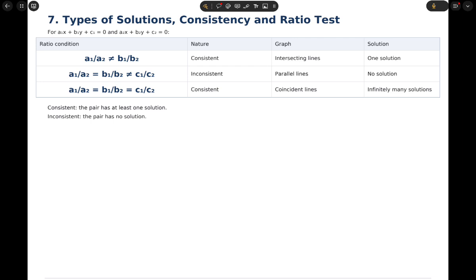Then how many types of solutions do these equations have? There are basically three types of solutions we see in pairs of linear equations. Number one is one solution. In this, the graph of the lines will be intersecting lines and the nature of the equations will be consistent. How we find these solutions is by comparing the coefficients of the equations. See, we have two equations, a1x plus b1y plus c1 is equal to 0 and a2x plus b2y plus c2 is equal to 0. So firstly what we will check is a1 by a2 and b1